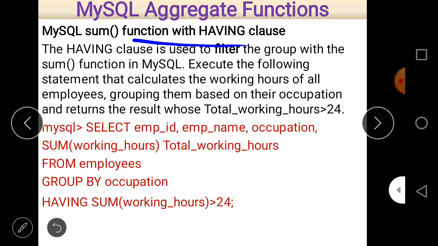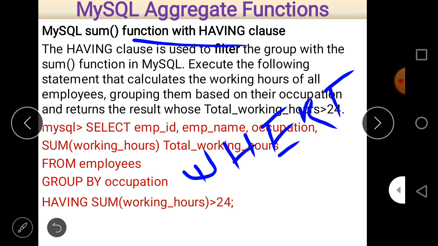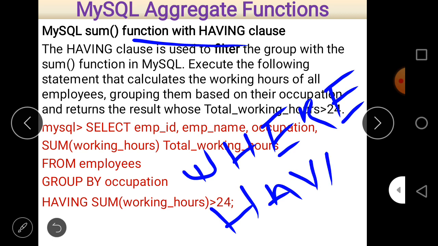The only difference is that when we have a condition on our group, remember, a condition on a group, not a normal condition. If we want to put a normal condition, we can use the WHERE clause, but if there is a condition on a group, then we only use the HAVING clause.